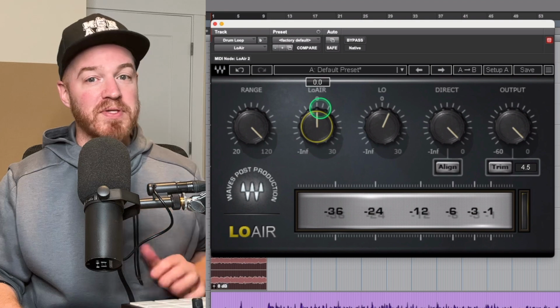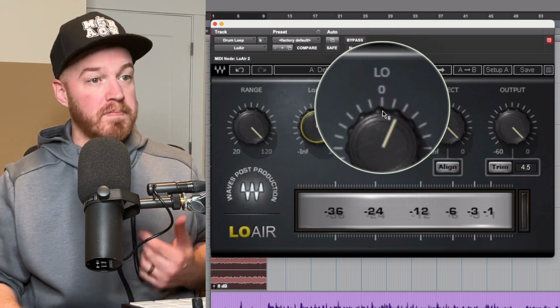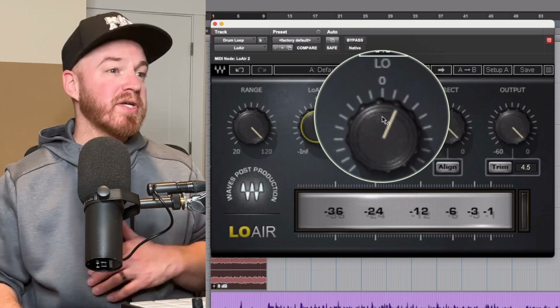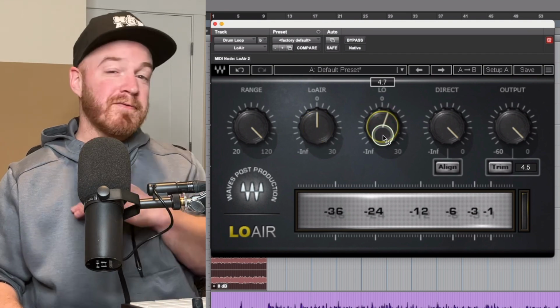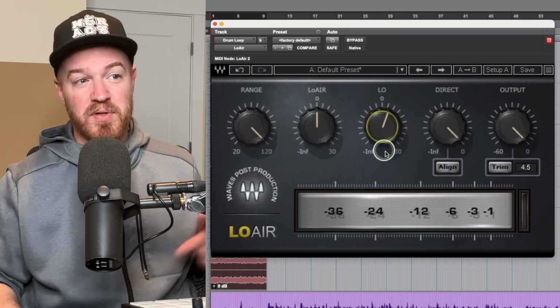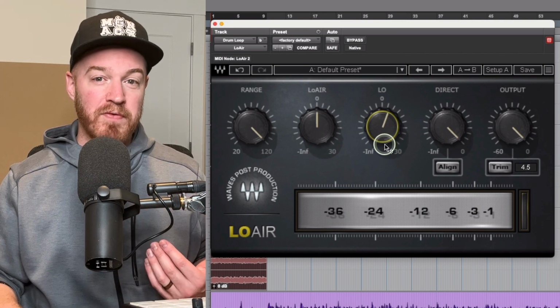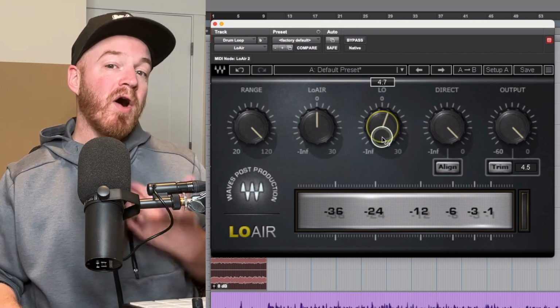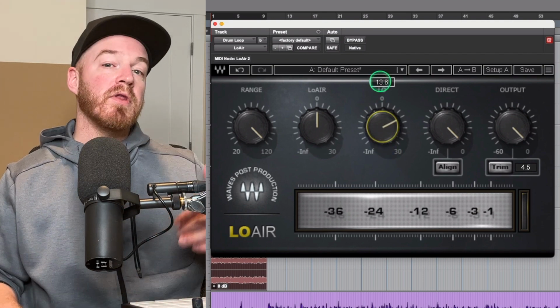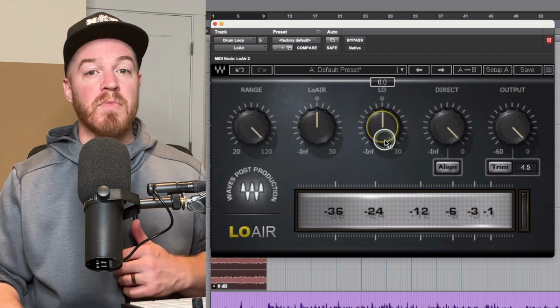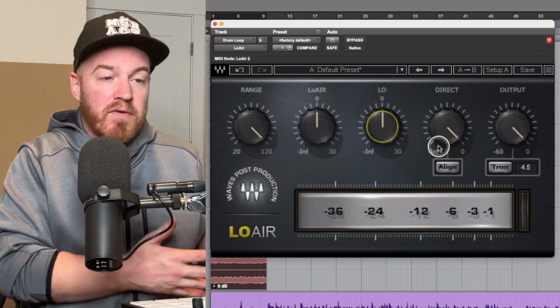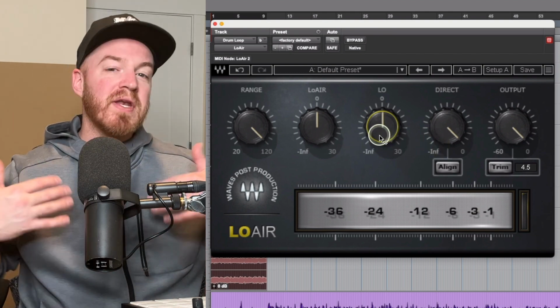The low knob represents the entire filtered section between 20 hertz and whatever frequency that you select. So again, we selected 120 hertz, so we got the full available range of frequencies this plugin offers for the filter. And now I can generate the volume increase or decrease, the boosting or the cutting of that entire frequency range, essentially. If you wanted a low end boost of all of these frequencies,